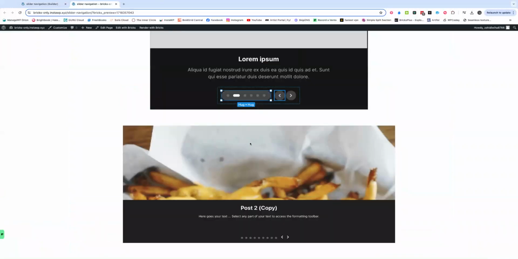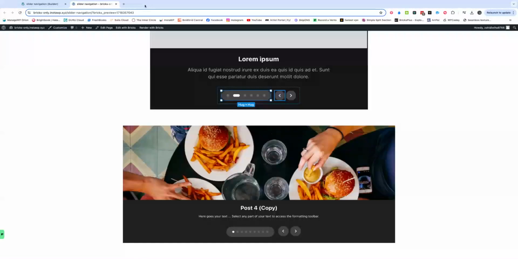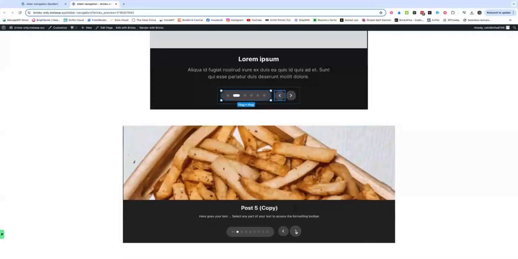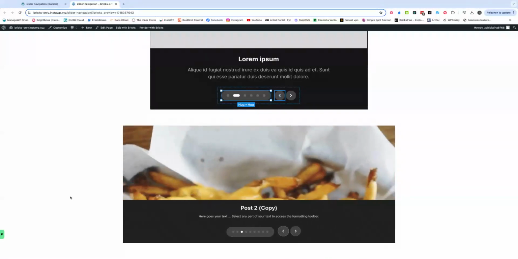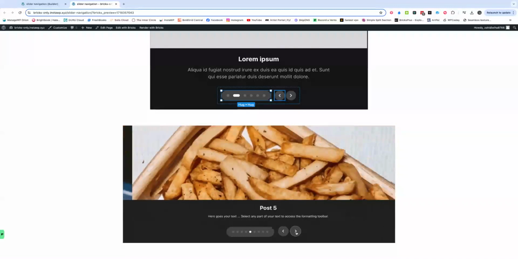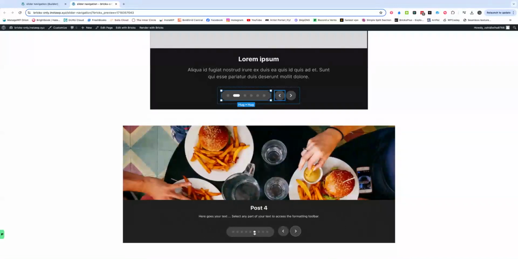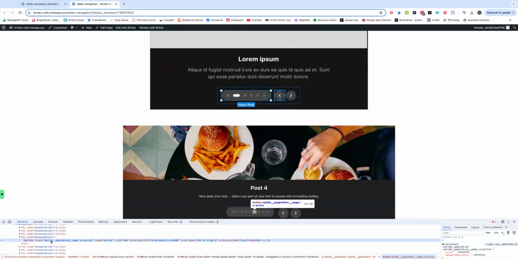Let's check on the front end. Close this down. Refresh the page. And that is almost there. Almost there. What we need to do now is look at this active button. So we have is active. Slide pagination page is active. So if we copy that class